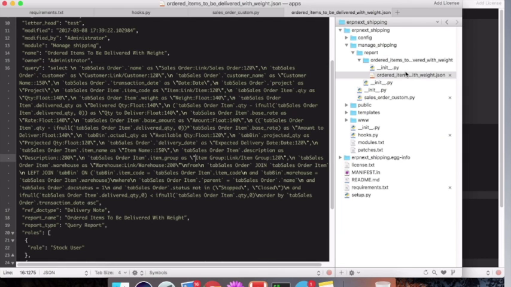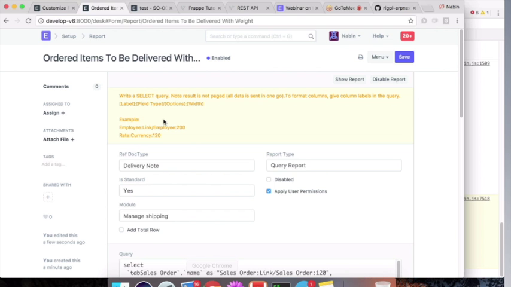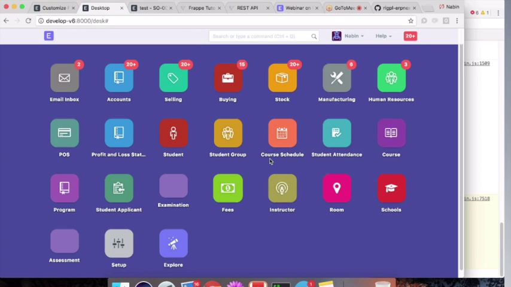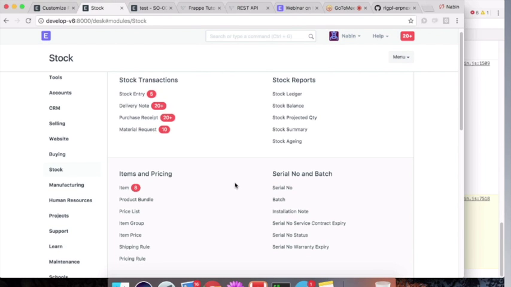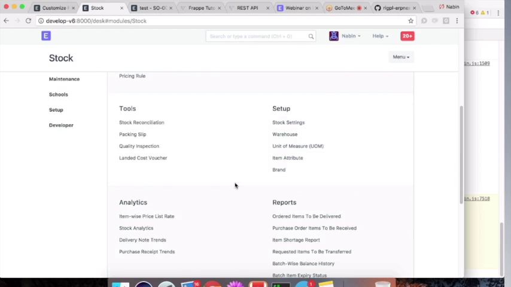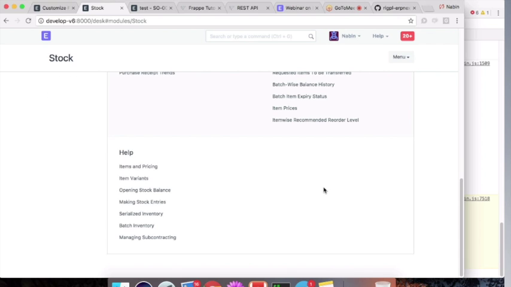And after customizations, you also want to show this report inside the stock module only. Generally, you should want it that way only, but currently it is not showing anywhere. So for that, to show that report in this section,